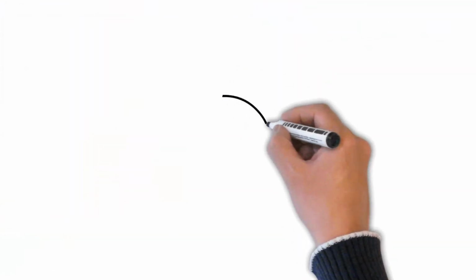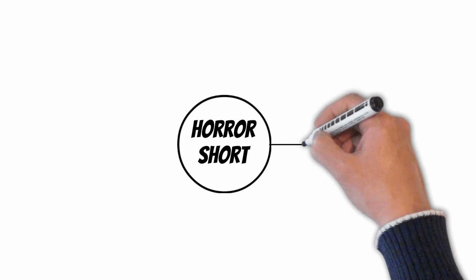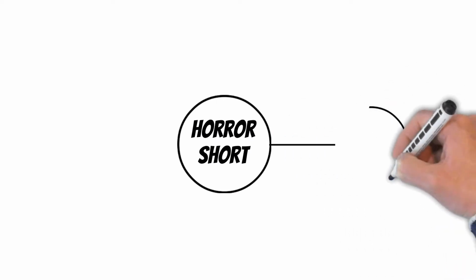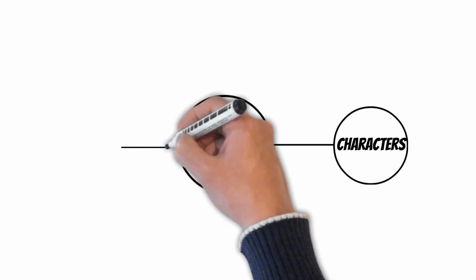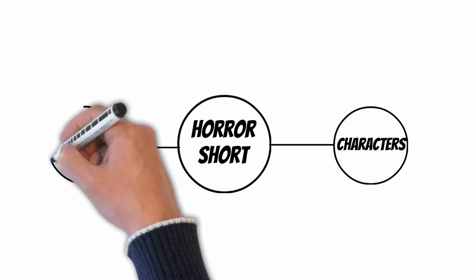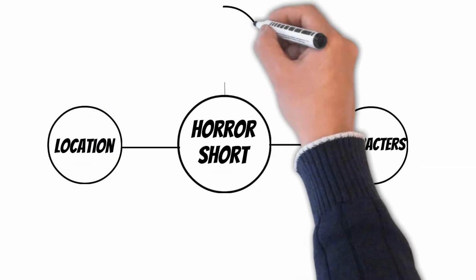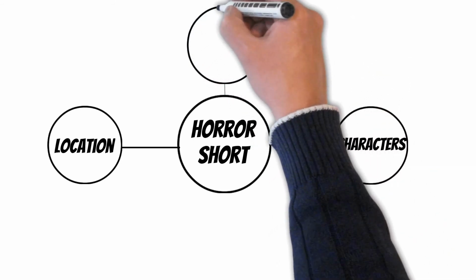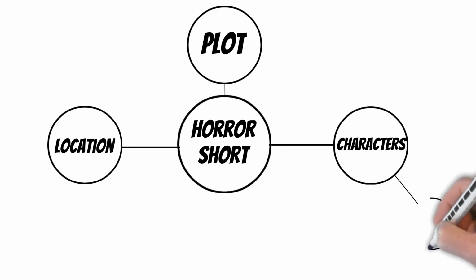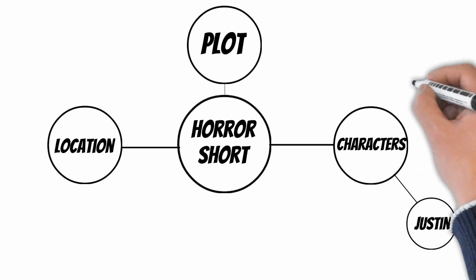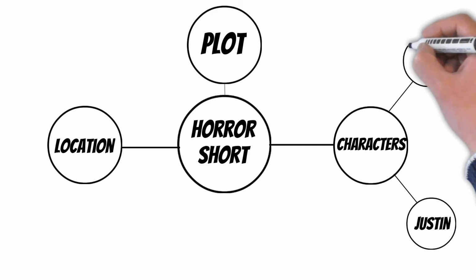So a bubble web or a spider web consists of the title in the middle, or if you don't have a title, at least you can put the genre that it's going to be in. And then from there, I like to go and branch out. So I write down characters in one bubble. On the other side, I'll put locations, and then either the bottom or the top of it, I'll put plot, since that will have the most stuff I write in. Then from there, you go back to characters, locations, and plot, and then you write out either the character's name or what the villain will be or what the protagonist will be, and then you can write what their characteristics are and stuff like that.